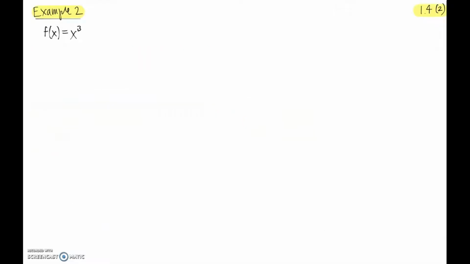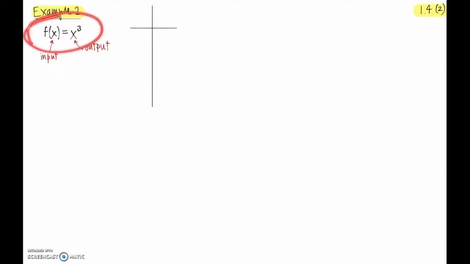For this next example, we're given a function, and it's described in this form with a formula. This is really the most common way we're going to see functions, and so we want to get some practice with this. So here we have our input variable x, and then this is the rule. This is sort of the assigner. The function tells us to take your input, and you're going to take the cube of that input, and that's our new output. And we are going to draw a graph of this function to get an idea of what